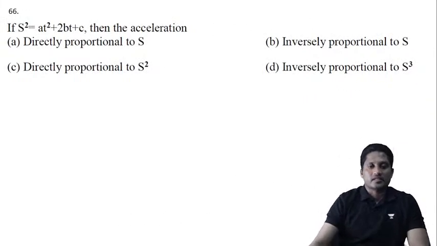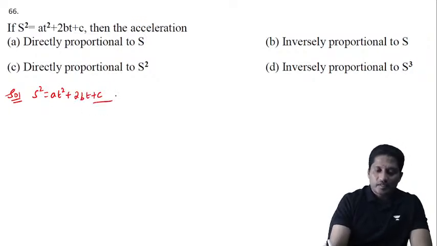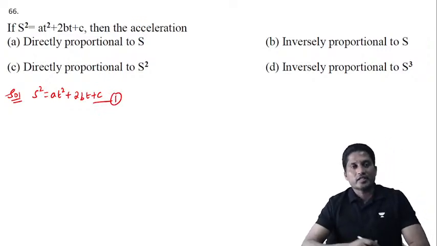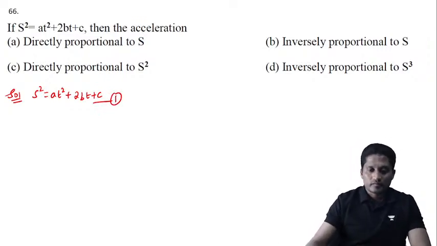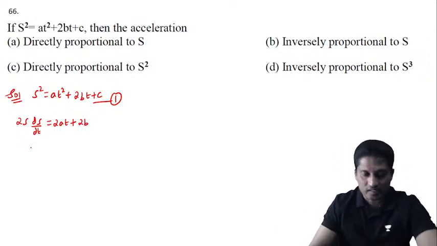Question number 66. s square is equal to a t square plus 2bt plus c. You call it equation 1. I need to find what acceleration is proportional to. If I differentiate, you get 2s into ds by dt. Differentiation of a t square is 2at. Differentiation of 2bt is 2b. Now if I take 2 common and cancel,